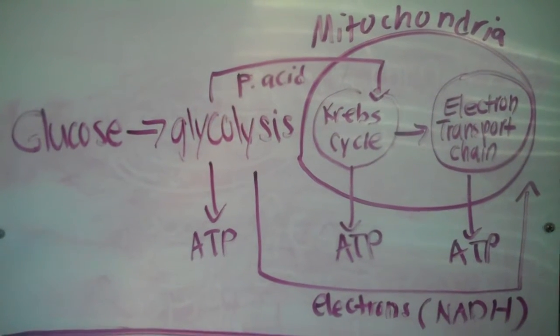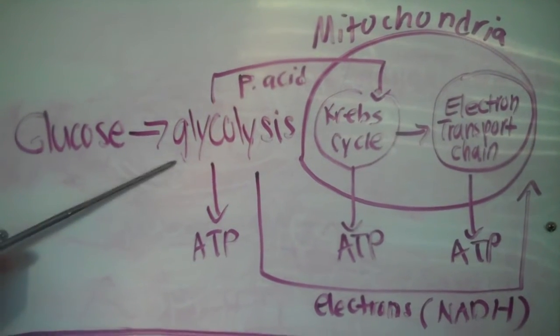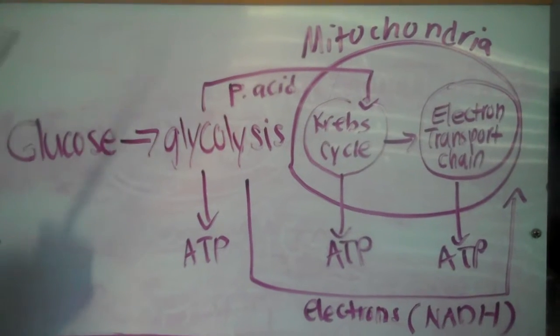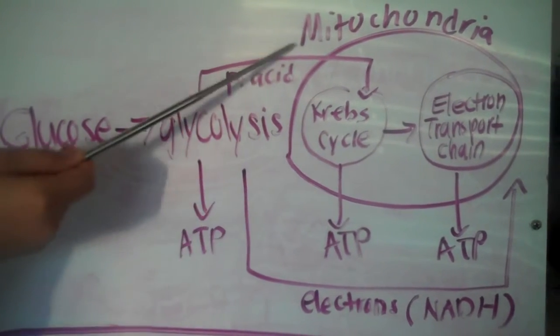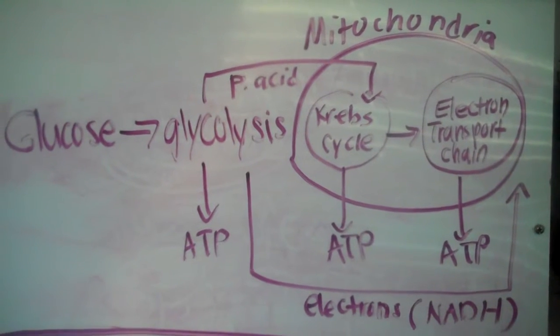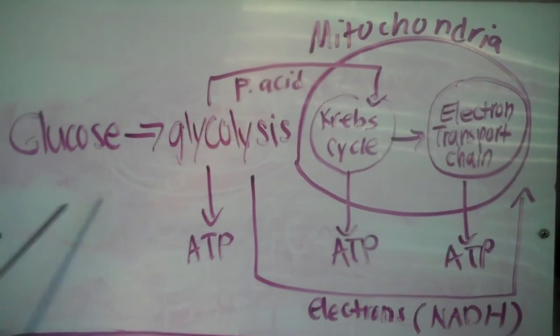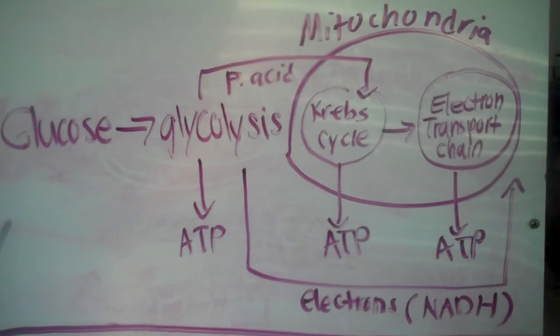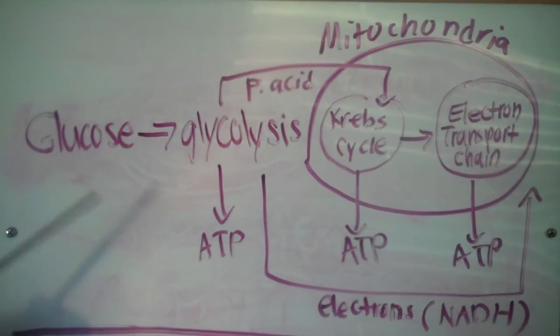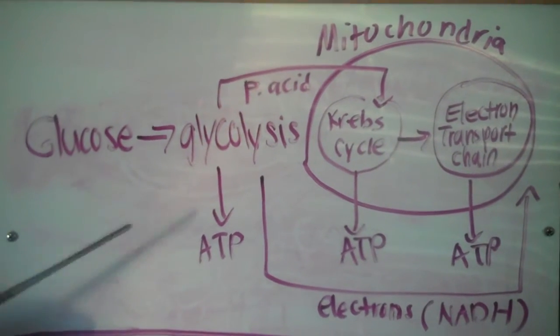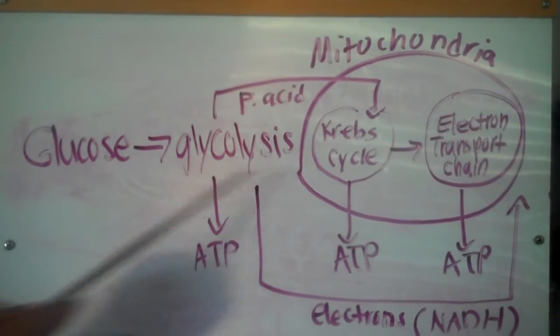The first process of cellular respiration is glycolysis. The purpose of it is to split a glucose molecule into two 3-carbon molecules so it's small enough to enter the mitochondria. Glycolysis takes place in the cytoplasm of a cell. Glycolysis has a net gain of 2 ATP, NADH, and 2 pyruvic acids, which is when it divides into 2